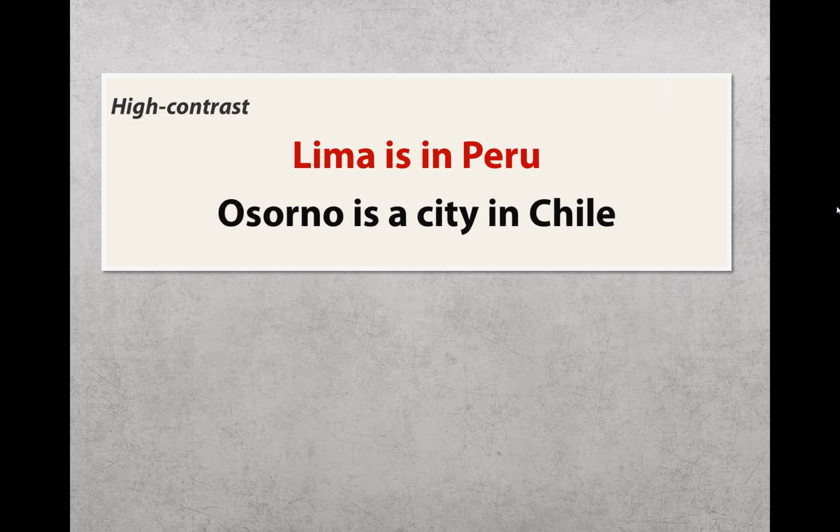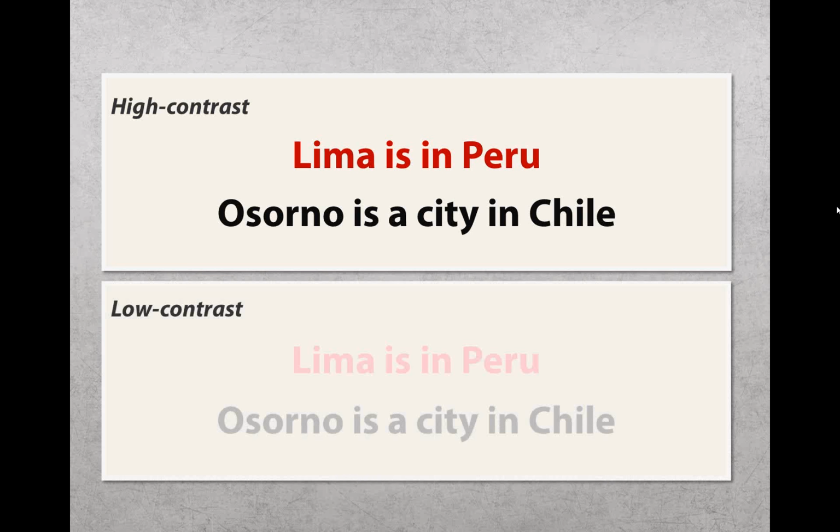Here's another example of a processing fluency experiment. They showed people this information in high contrast, meaning that it was very easy to read the text. It was much brighter than the background color. And they tried to pick cities that maybe a lot of people didn't know. And they asked the people, is this information true? And when it was in high contrast, most people said, yep, that's true. Yet when they showed it to a group in low contrast, most participants in the study said it wasn't true.